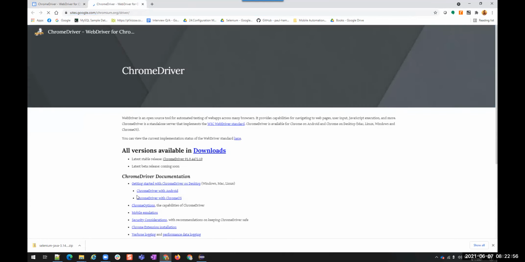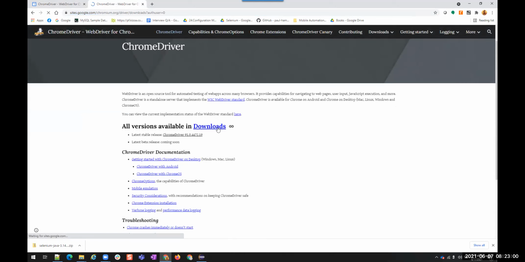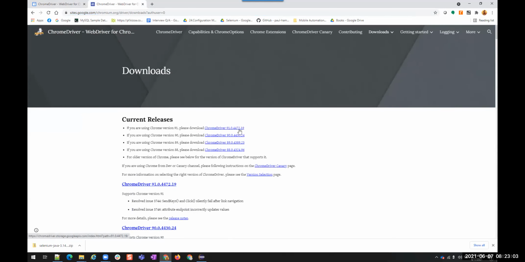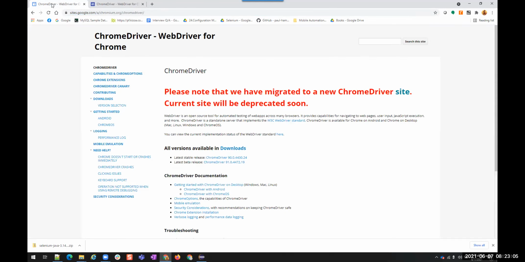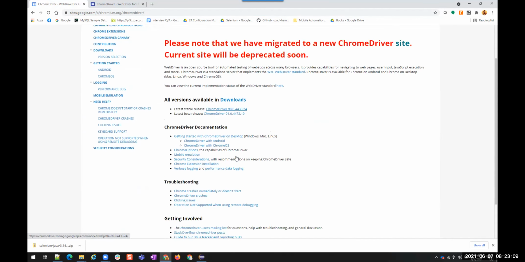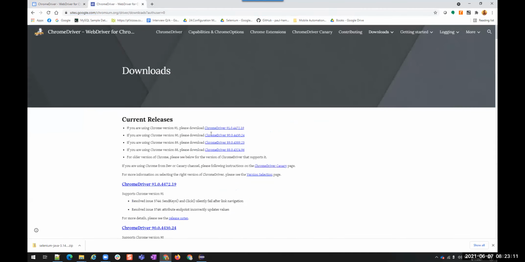See, it looks different. Understand? But still, under these downloads, it will be having the same version 91. And here also we have 91. So how do we choose this version: 90, 91, or 89 or 88? Which one should we download? We cannot download the latest one, or the old one. So what are the things that we should see when we download these?